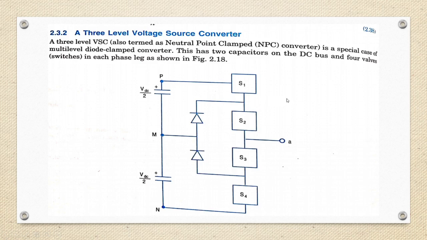For the same level of capacitor voltage, the number of devices required per switch is halved. The operation of a 3-level converter is determined by the switching rule that only 2 valves that are directly connected in series can be switched on at a time. In this figure, switching on S1 and S2 will connect the phase to the positive terminal P, while S2 and S3 will connect to the midpoint M via clamping diodes, and S3 and S4 will connect to terminal N. So the resulting injected voltage EAM has 3 levels.